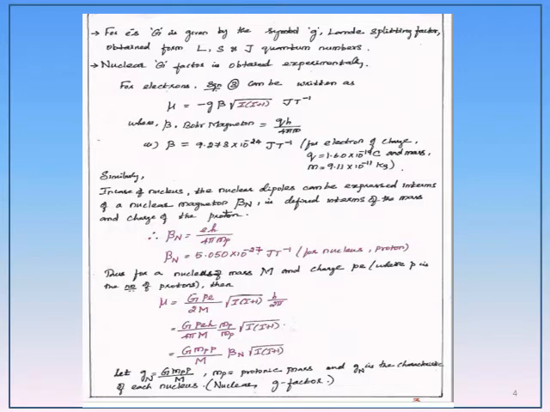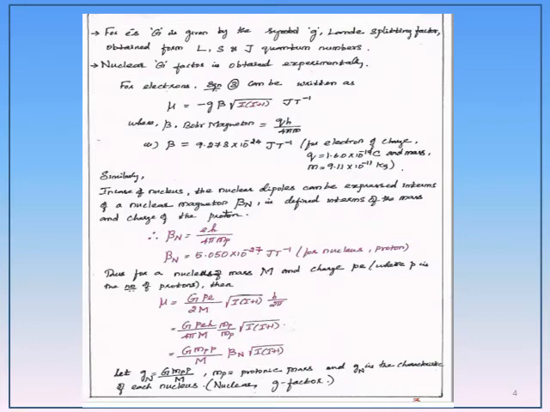For electrons, equation 3 can be written as mu equal to minus g beta root of I into I plus 1 joules per Tesla. And beta is the Bohr magneton, which is equivalent to qh divided by 4 pi m, and the value of beta is found to be 9.278 times 10 power minus 24 joules per Tesla by substituting the values for the charge and mass of an electron.